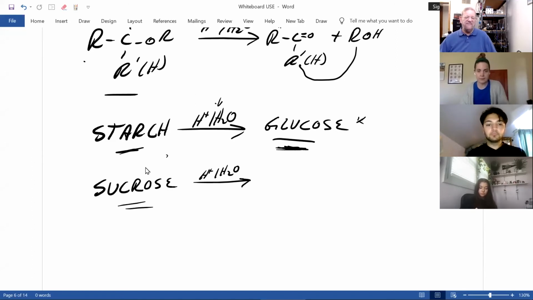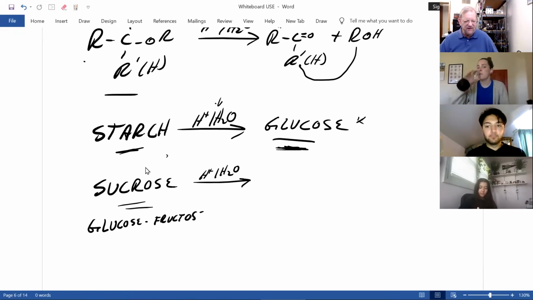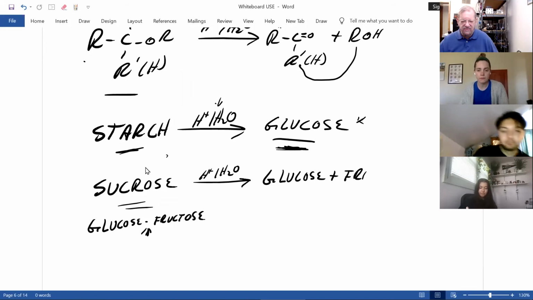Let's say you have a product with a lot of sucrose in it. Many years before high fructose corn syrup, sucrose was the sweetener in foods. And what's sucrose? It's glucose and fructose linked together in an acetal linkage. As you learned here, you break it down to the aldehyde or ketone and alcohol. In this case, you get back glucose plus fructose, and you should know this. Hint,